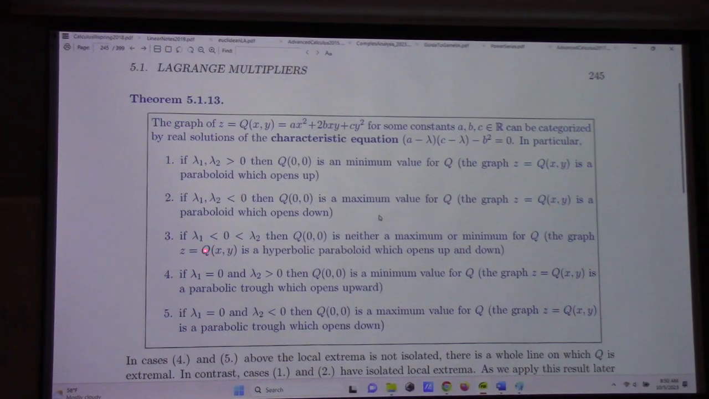then z equals q of x y is actually a hyperbolic paraboloid, which means that the origin is what's called a saddle point. It's neither a minimum nor a maximum, because depending on which way you go away from the origin on z equals q of x y, you'd have a max or a min. And then finally, if one of the lambdas is 0, you get a parabolic trough when you look at